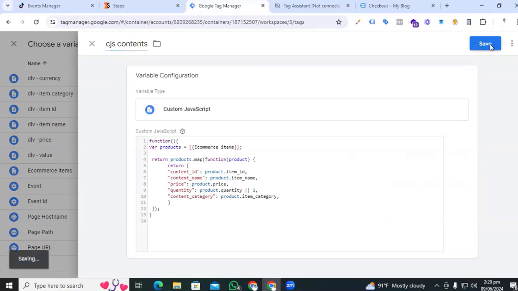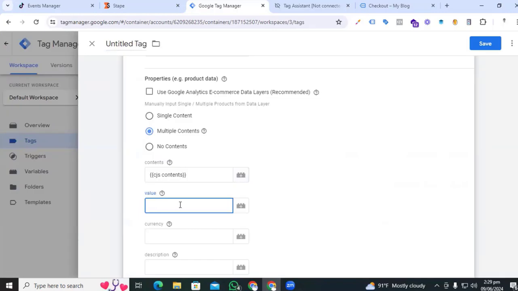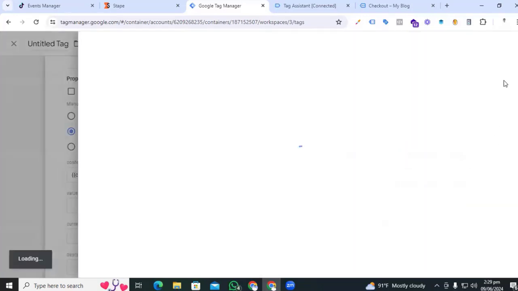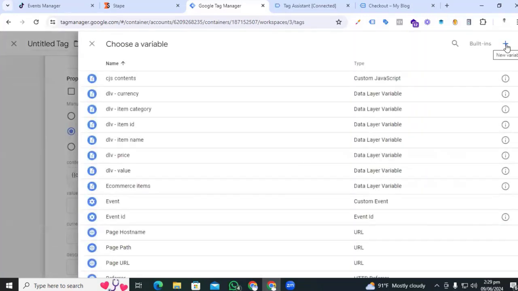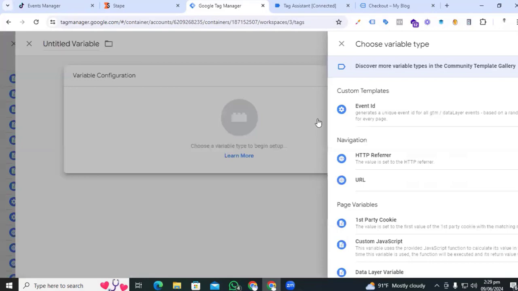contents. Save it. Now we're creating the value variable for that, because before we created a value for add to cart and view content event, that is the single product value. Now we have to create a total value of the products, because begin checkout carries multiple products, and the purchase event also carries multiple products. So for that, we have to create the total value of these products. So click the plus sign. Also click the plus sign and variable configuration,